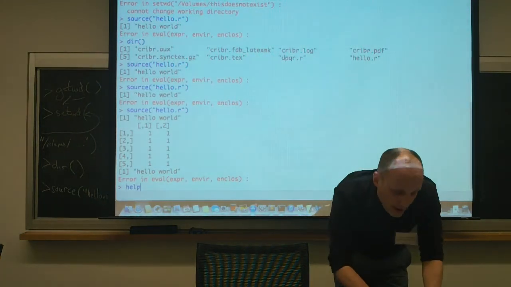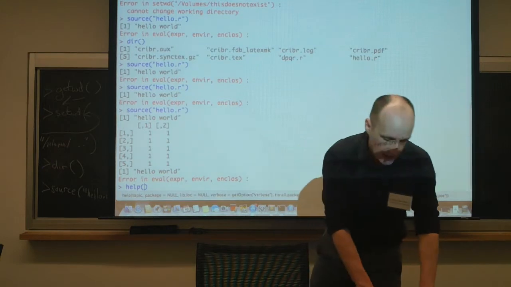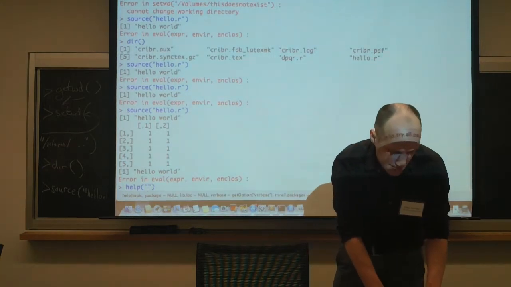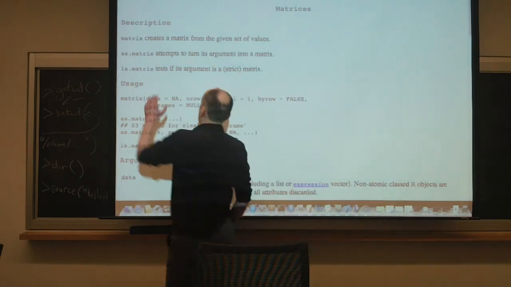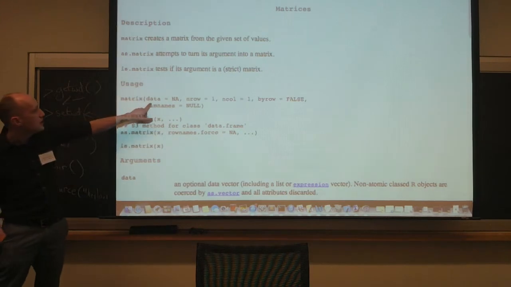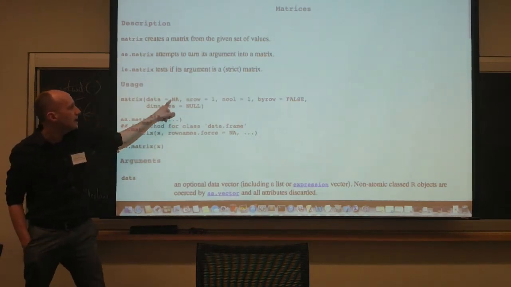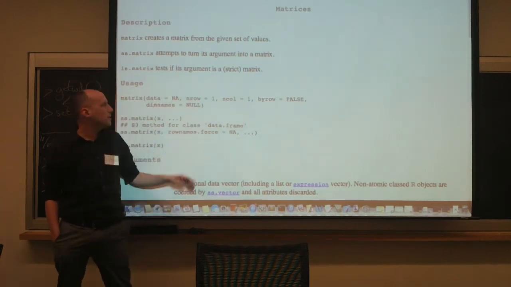Or here's help. Help is a function in R, just like everything else. I could say, give me some help about this thing I'm going to create called matrix. And you'll see a very quick help. Here's the function, here's its usage, here are its arguments. So you fill it with data, you tell it how many rows you have, you tell it how many columns you have, and then it's got some other arguments.